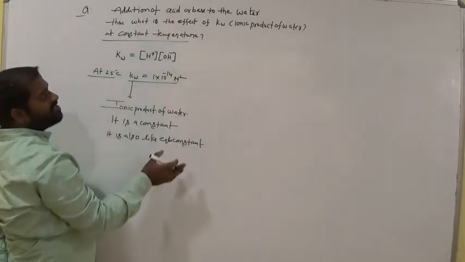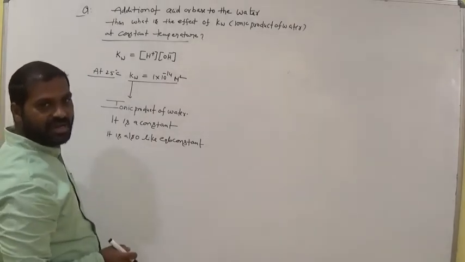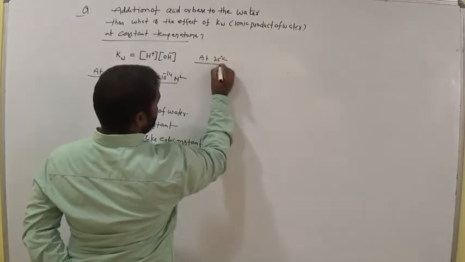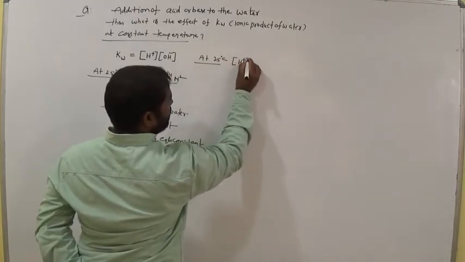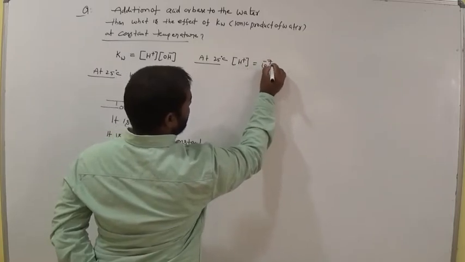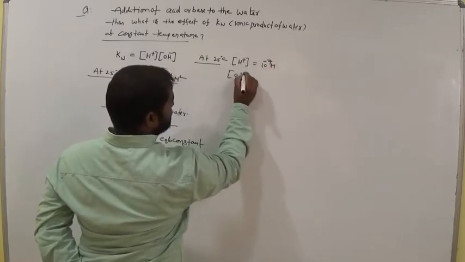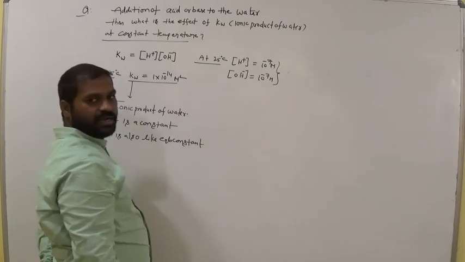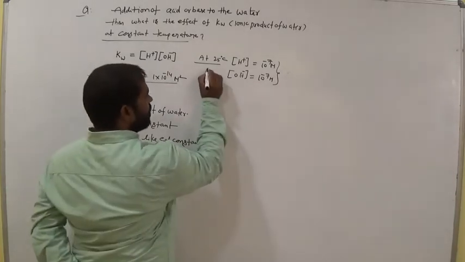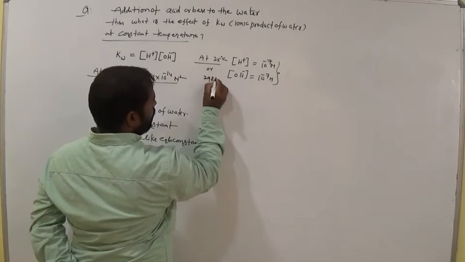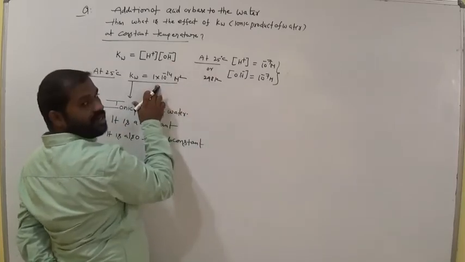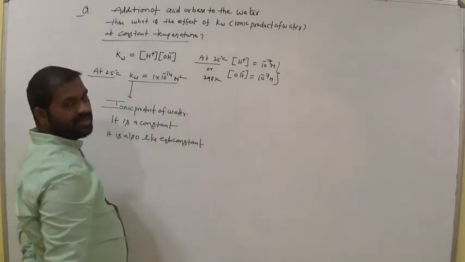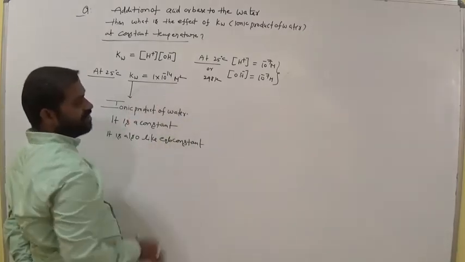Now, in the given question, suppose it is a beaker at 25 degrees Celsius. What is the molar concentration of H plus in water? 10 power minus 7 molar, am I right? And for OH minus also, we already discussed, 10 power minus 7 M only, at 25 degrees Celsius or 298 Kelvin. Now keep these values in this expression, what do we get? Clearly 10 power minus 14, the Kw value.